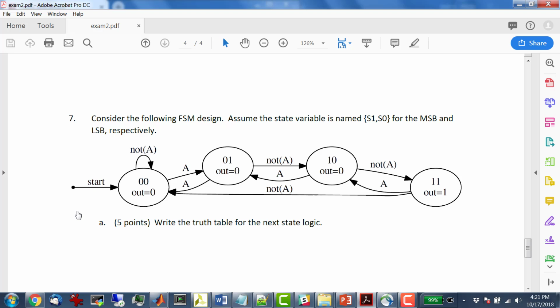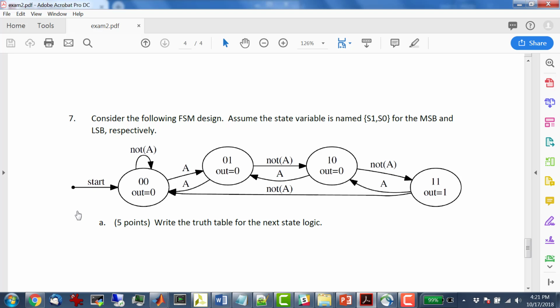first of all, how many rows? Well, the truth table for this is going to be 2 bits for the current state and 1 bit for the input. So 2 to the 3rd power, 8 rows, right? So I need S1, S0, and A, and then I need the next S1, the next S0. 0, 0, 0, 0, 1, 1, 1, 1. 0, 0, 1, 1, 0, 0, 1, 1. 0, 1, 0, 1, 0, 1, 0, 1. All right, so